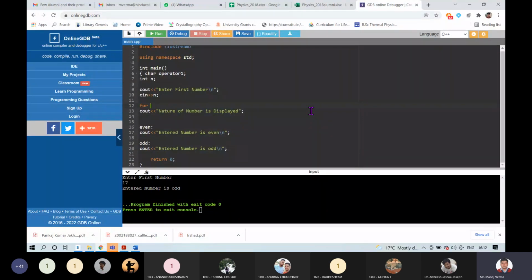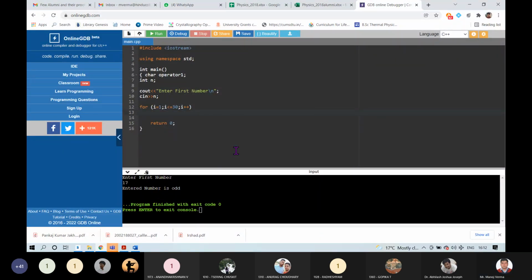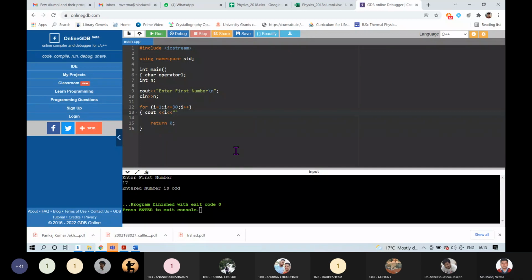Okay, let's see if I can make this I equal to 1 to I equal to 30, I plus plus, right? And we want to display cout I, right?